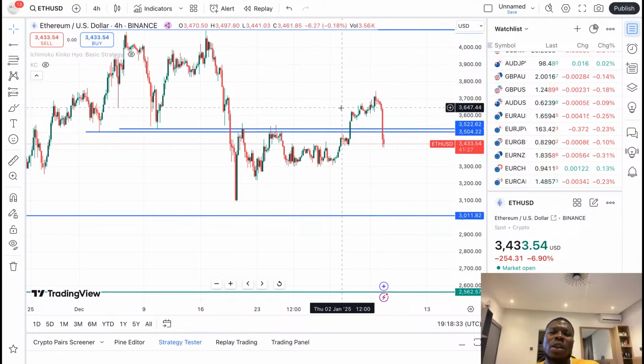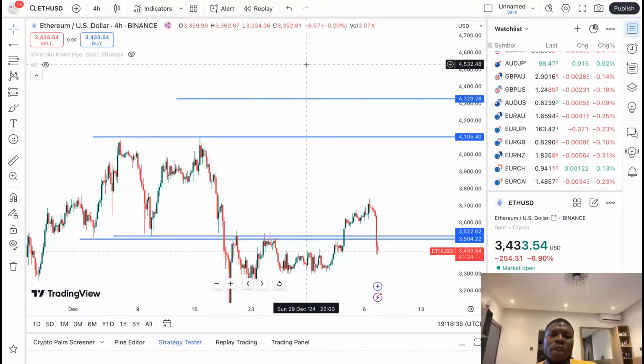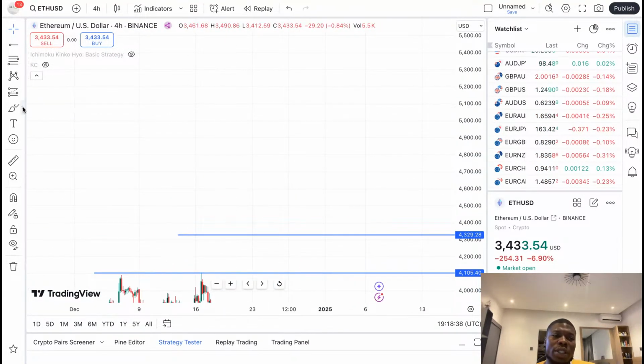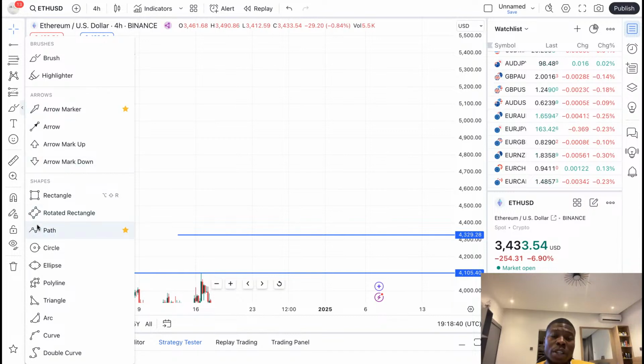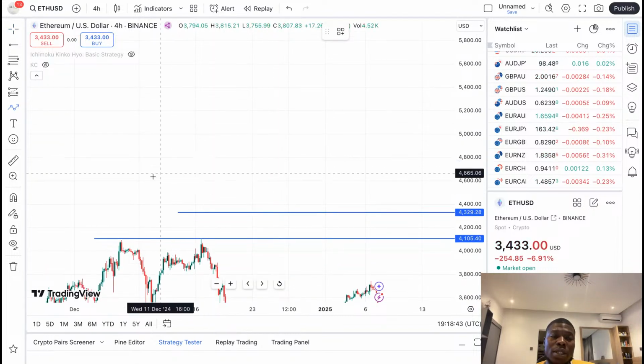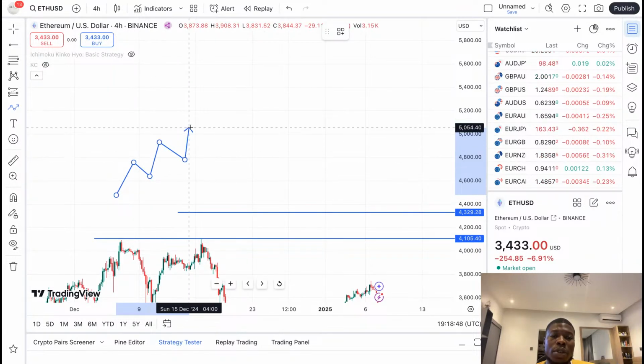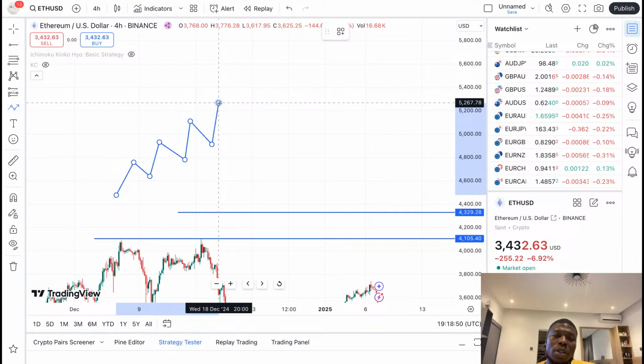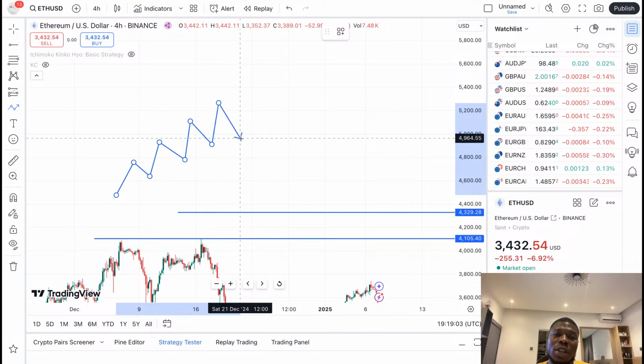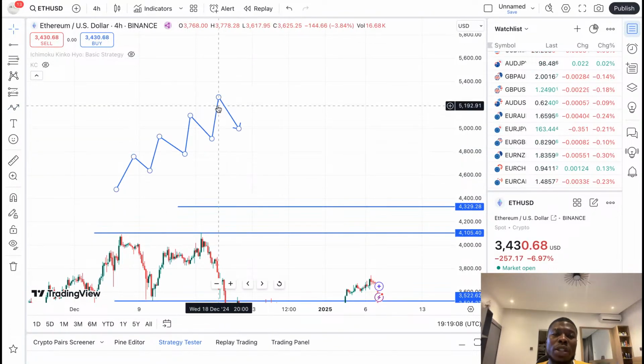But I want to say something again. Whenever you're checking your trend, whenever you're checking your markets, this is an uptrend, this is an uptrend, this is an uptrend. I want to clarify the areas that are ranging. So you know that this area is a ranging region. Now, this is an uptrend.